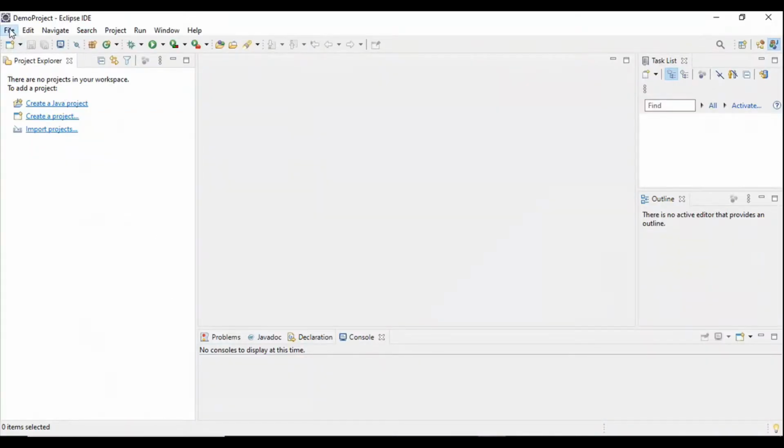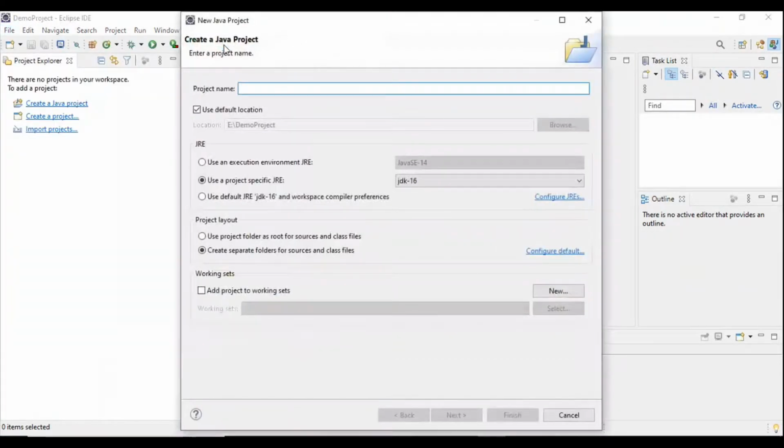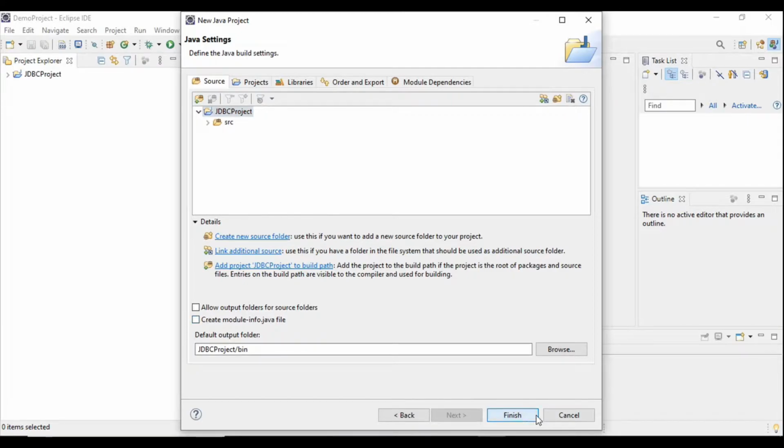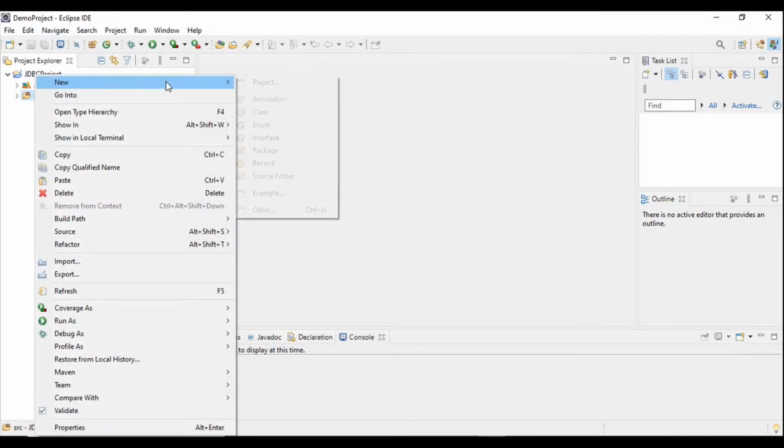This is my Eclipse IDE. So I will create a new Java project. So in SRC, we will create a class.